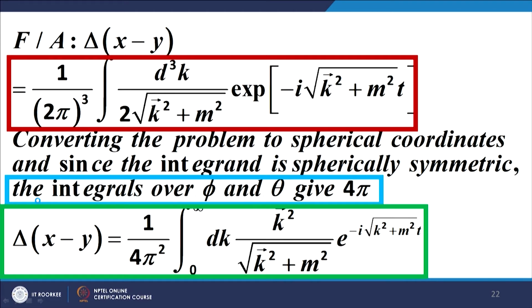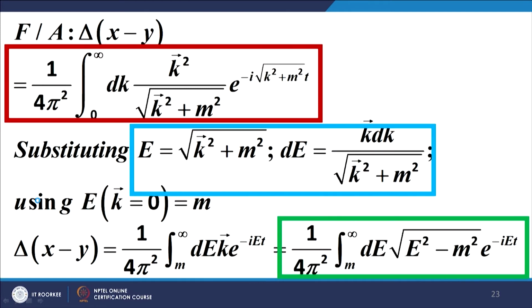Of the three components, the two components, the phi and theta components, are integrated over, and they give us 4 pi. That 4 pi is adjusted through the prefactor, and what remains is shown in the green box at the bottom of your slide. This is what we have from the previous slide. We make the substitution E equal to the square root of k squared plus m squared, so that E dE is equal to k dk. Now the point about the integration limit: the integration limit is from 0 to infinity for k, but